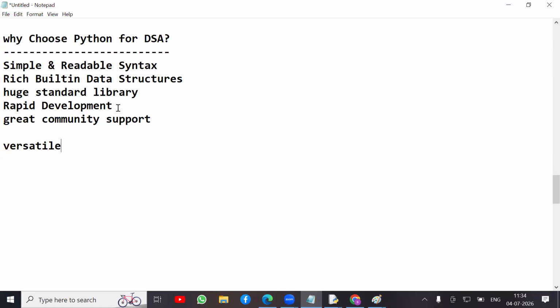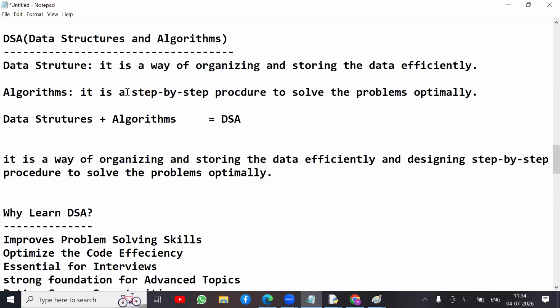All of you clear? This is about DSA, data structures and algorithms. If anybody has any doubt,